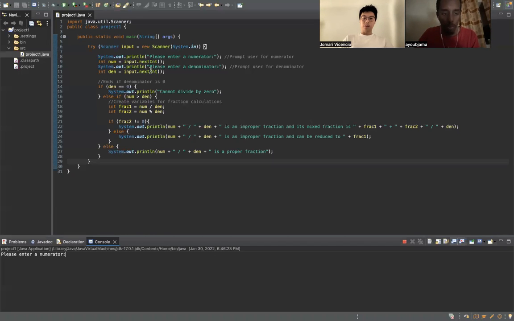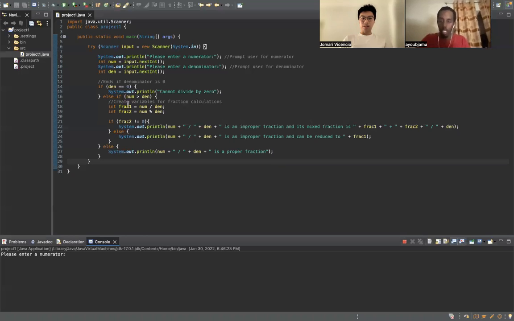Okay, and so for the code itself, this top part is just asking the user to input the numbers, so the numerator and the denominator. And then for the second part, we have a couple of if statements. This first if statement is whether or not the denominator is 0. So if the denominator is 0, then the system outputs cannot divide by 0. And then else, if the numerator is